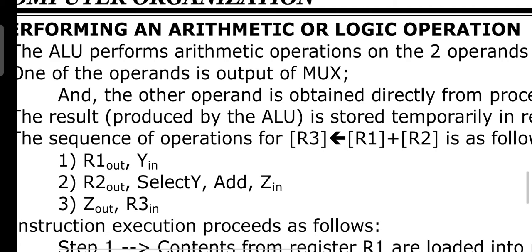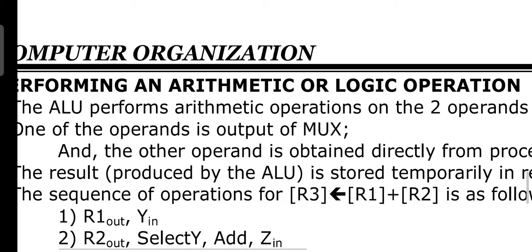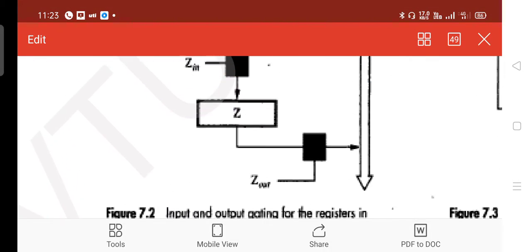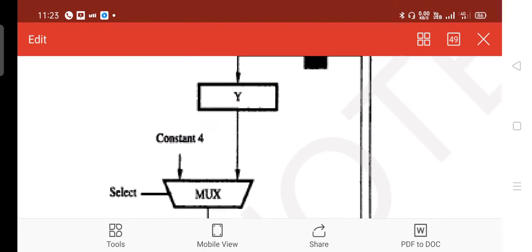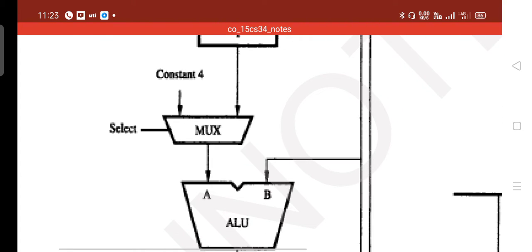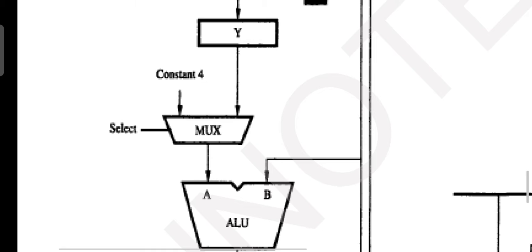The same video contains the diagram. Please check the diagram, you will come to know. Here see, A and B are the 2 inputs. B is directly taken from the internal processor bus and one from the multiplexer by the ALU. That's it. Now from the multiplexer, which value is to be driven? You are not performing constant addition, constant value 4 and all, not required.